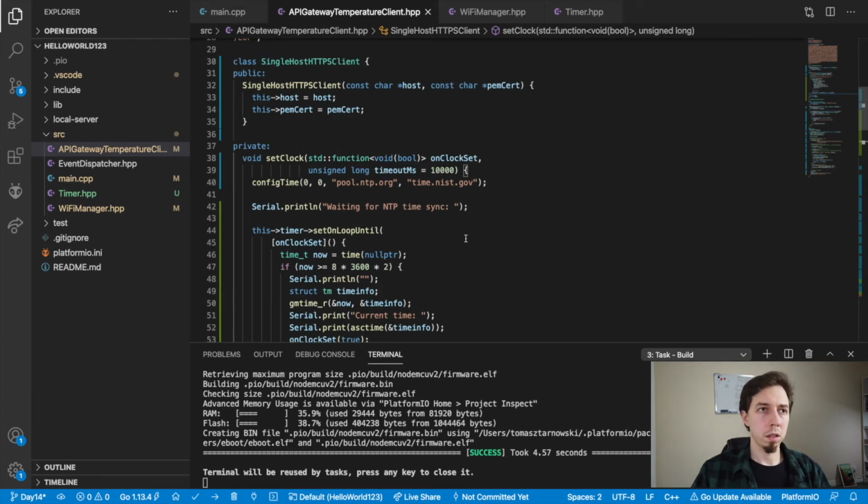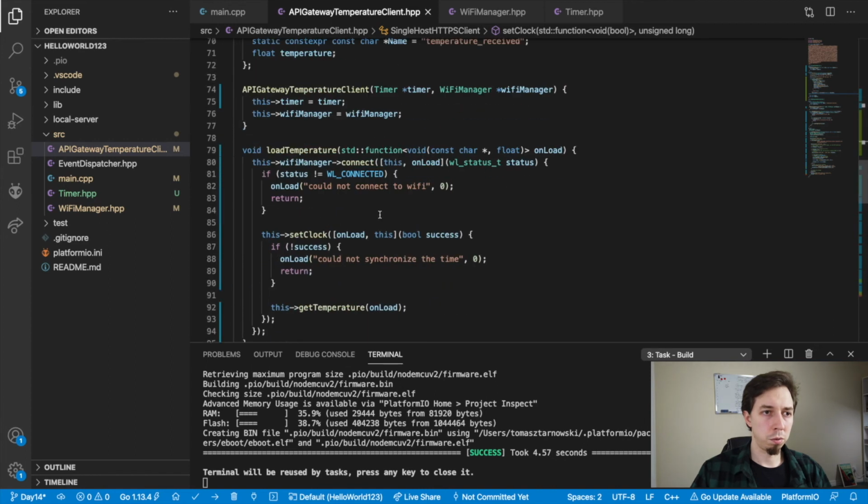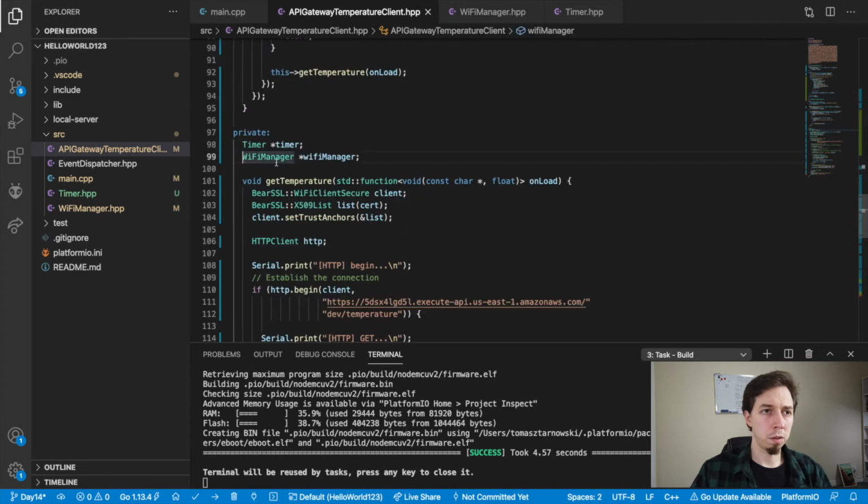I would like the single host HTTPS client to be self-contained. So essentially, I would like it to do all the work for me. As a consumer of this class, the only thing I would have to do is pass the appropriate dependencies to the constructor, and then I can just start using it. I don't need to remember any implementation details that are required for the class to run. So what I'm going to do is make the WiFiManager